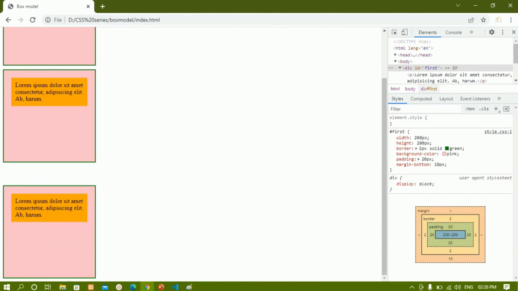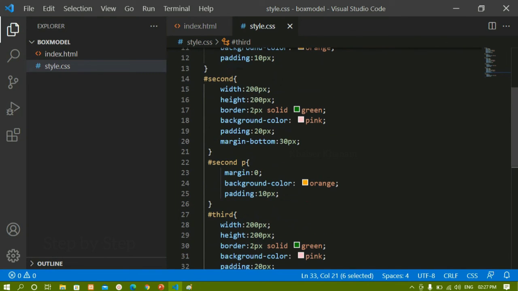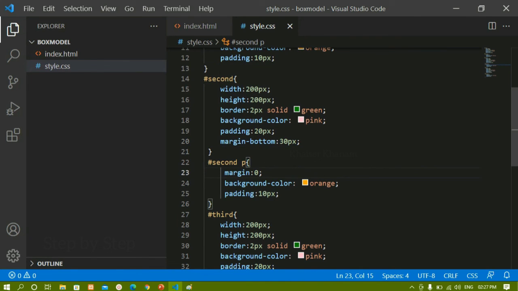I refresh this one. Now you can see it is not taking the complete 90 pixel. It is going to take the higher value. Whatever value I am having here, only 60 pixel it is going to take. Now we are going to see why it is going to happen. That is the concept of margin collapse. We will see what is that one, what is border box, everything we are going to see.